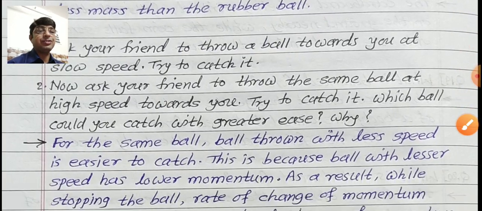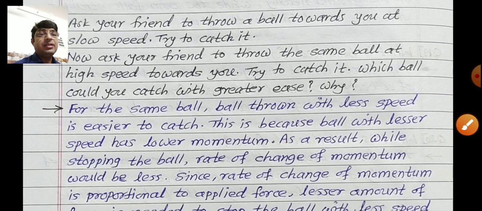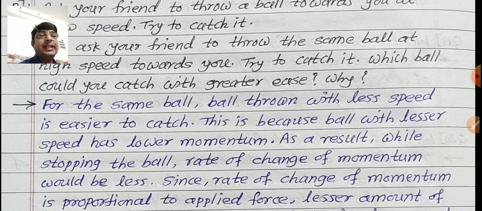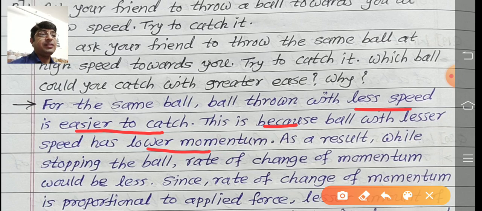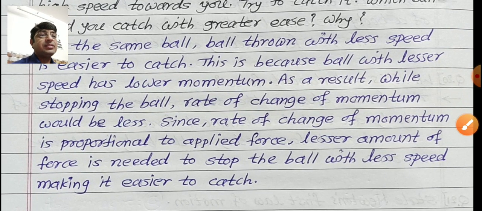Second question, answer of that. For the same ball, thrown with less speed, underline, is easier to catch. This is because a ball with lesser speed has a lower momentum. A new concept is introduced here, related to mass and velocity. As a result, while stopping the ball, the rate of change of momentum would be less, since the rate of change